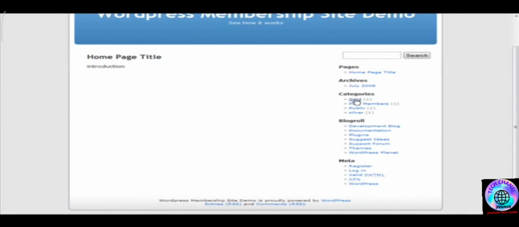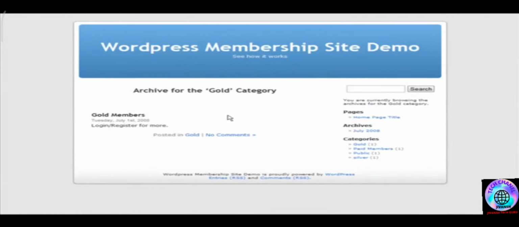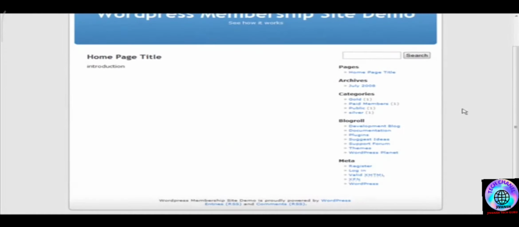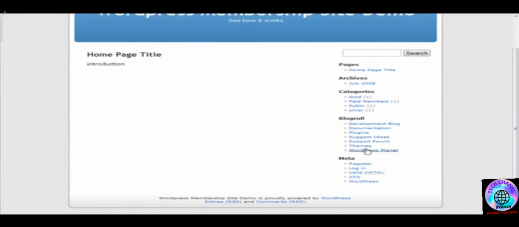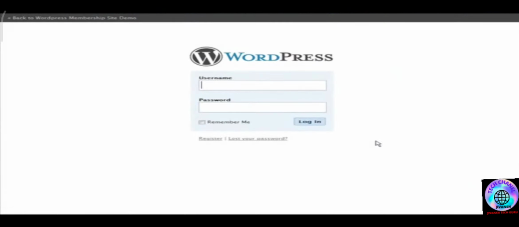Okay, so under categories gold, if we click on gold, okay, you see we can see the header, but we can't see what's inside there. Same with silver. We can see the header, but we can't see what's in it. Now if we log in with our user ID, demo user 2,